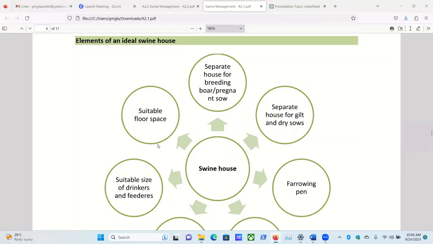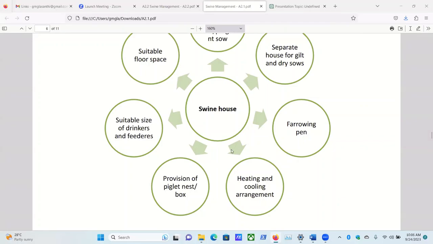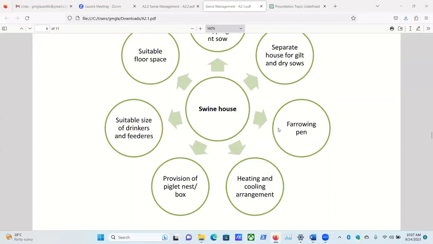So those need a separate house. At the same time, a separate pen should be there for the gilts and for the dry sows. And a separate pen should be there for farrowing, and heating and cooling arrangements should be there, especially for the creep pen. And a creep pen or nest box should be provided for the piglets. At the same time, feeders and waterers. Especially for the feeders, these animals are very